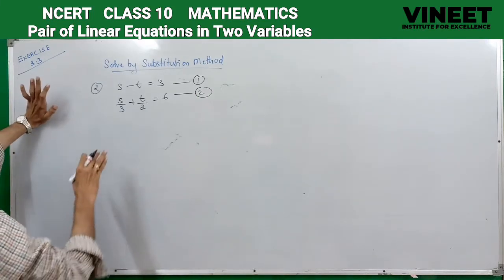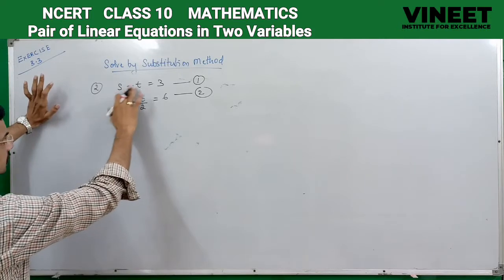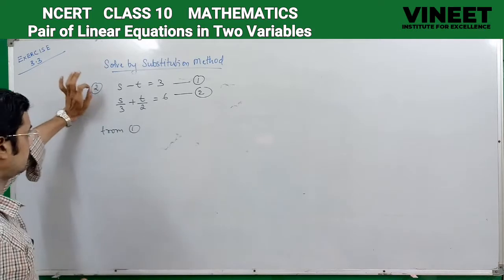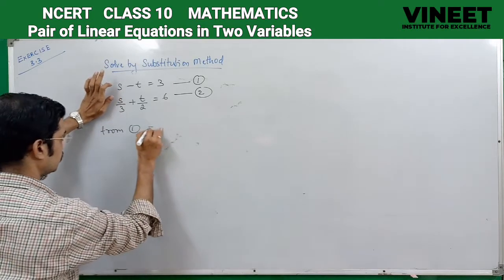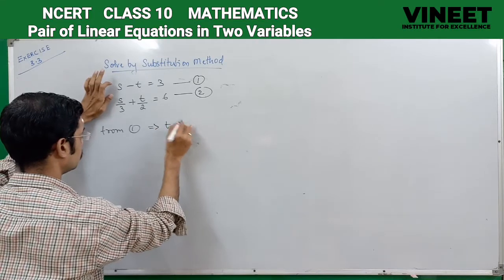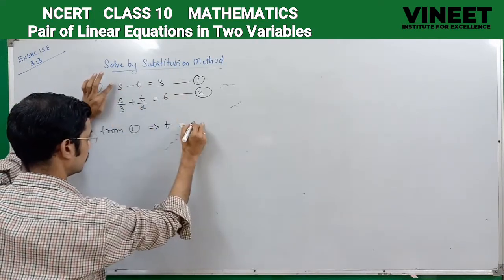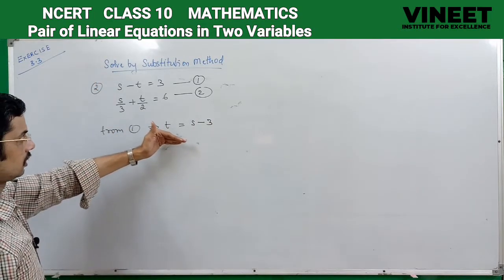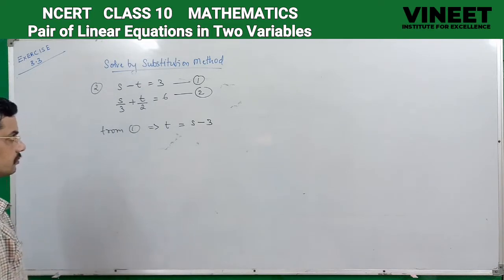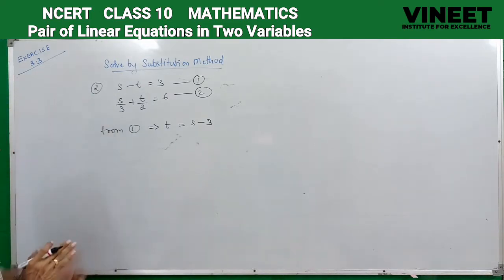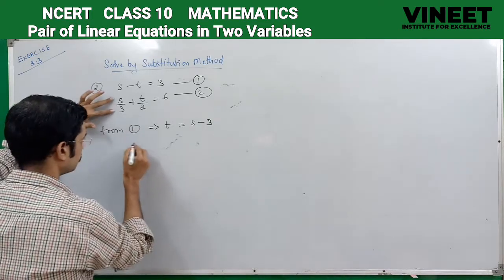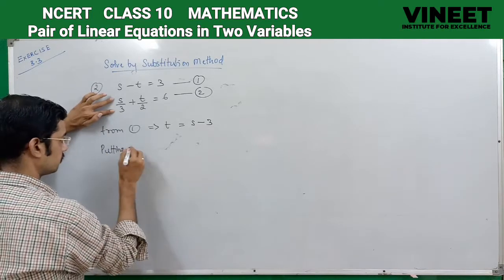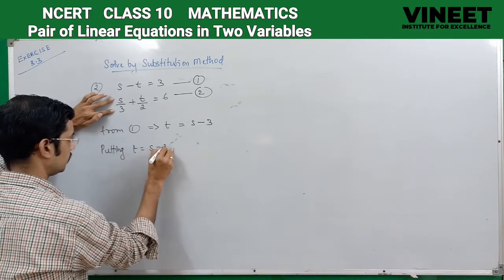Okay, so now from equation number 1 I will get t equal to s minus 3. Now I shall be substituting this value into the second equation. So putting t is equal to s minus 3,